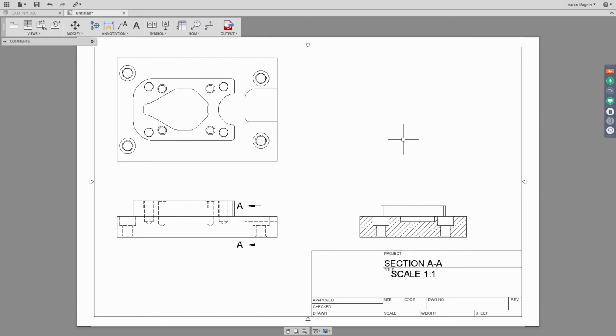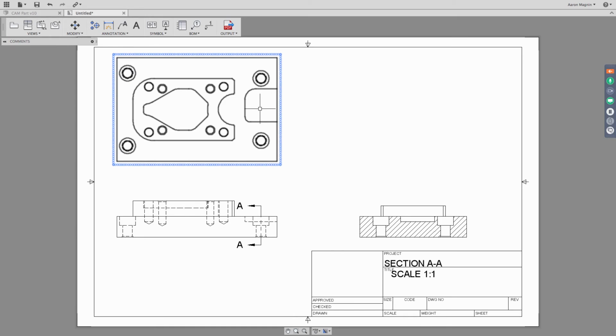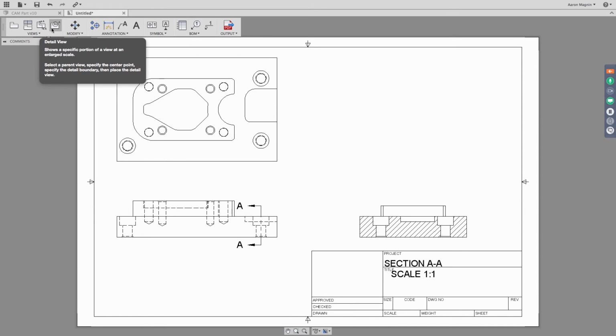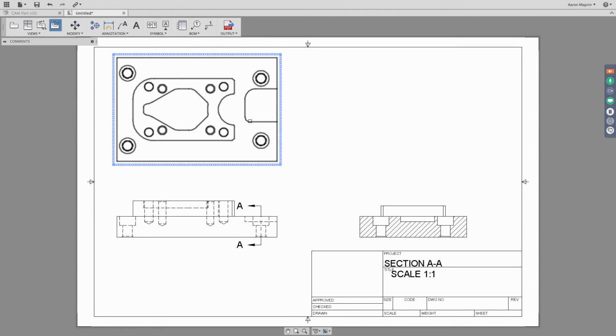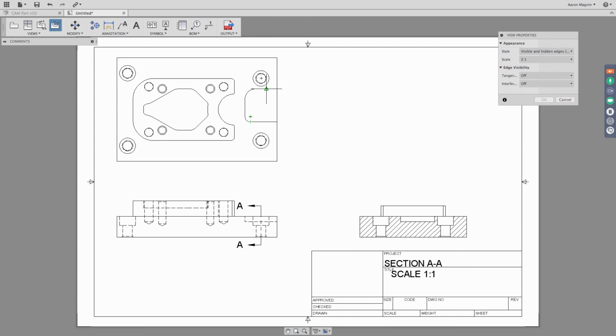I think the last thing that I really want to do here is I want to create a detail view. Now, what I want to detail here is this open pocket that I keep referring to. It's kind of interesting. It's got this larger fillet over here and a shorter fillet over here. So I'm going to just grab my detail view tool to kind of point out this fillet that we see here. And again, I'm going to just select the view that I want to drop it into. And again, you can use those snaps to kind of get it to midpoint on this, or use the center of this. There's any number of things that we could use here. So I'm just going to draw that as that is,